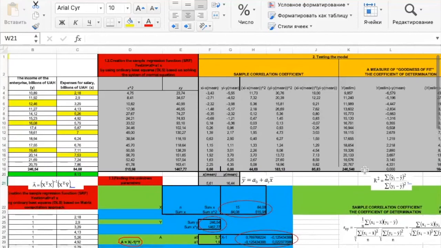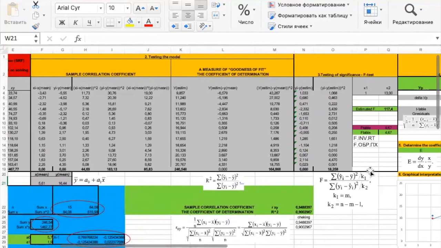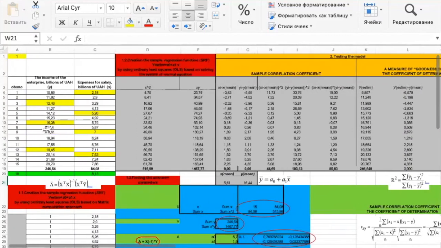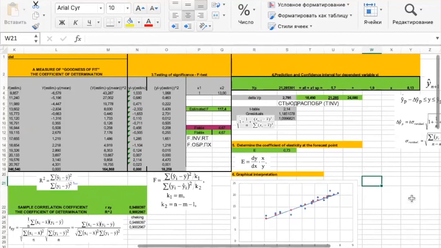Then we know how to define three statistical indicators which help us understand if our regression model is reliable, significant, and adequate to the statistical data set. And in this laboratory work, it is really true. We can use this model to make a prediction